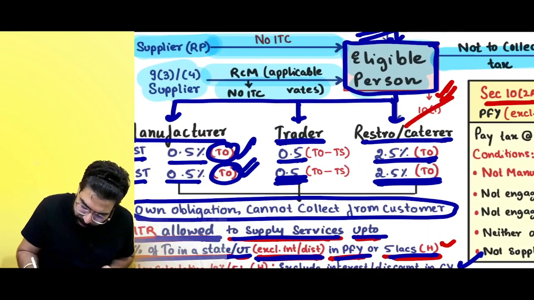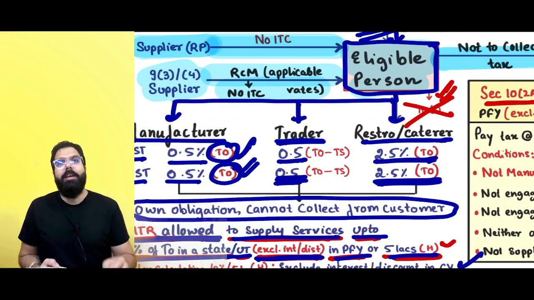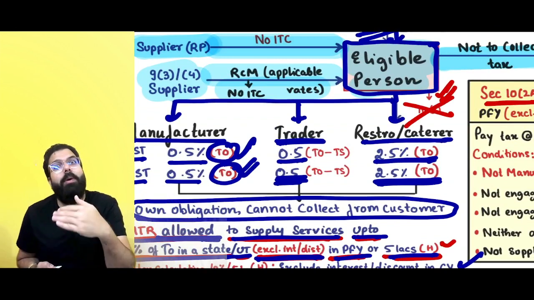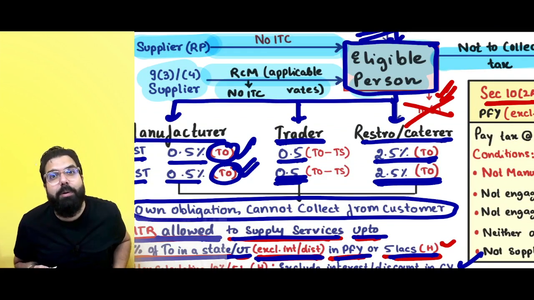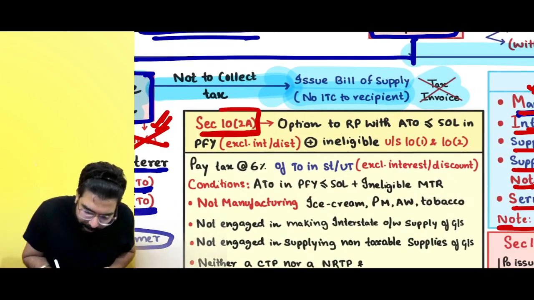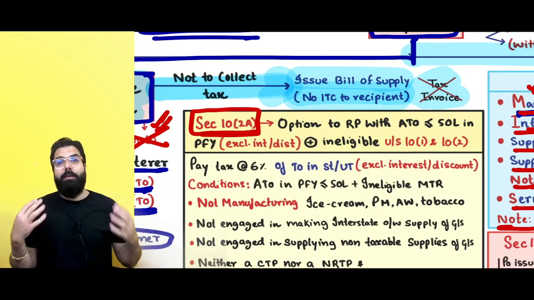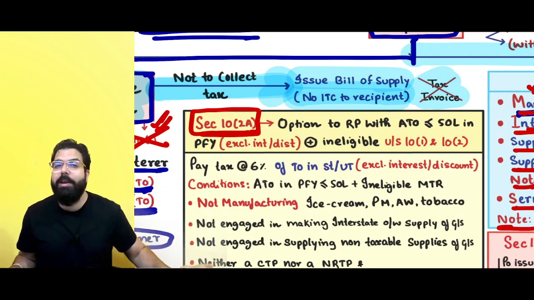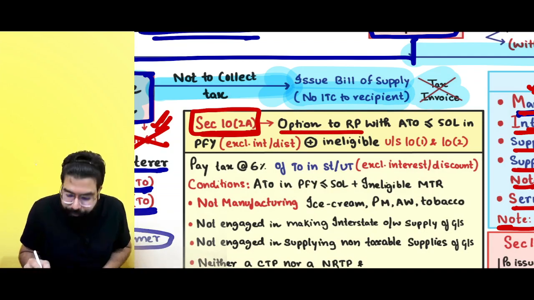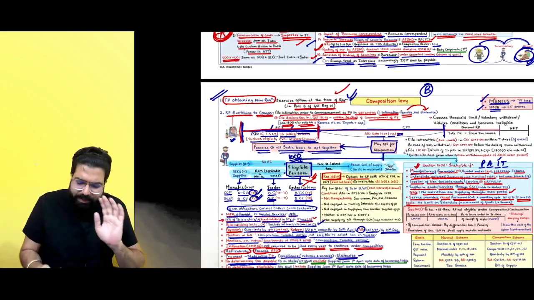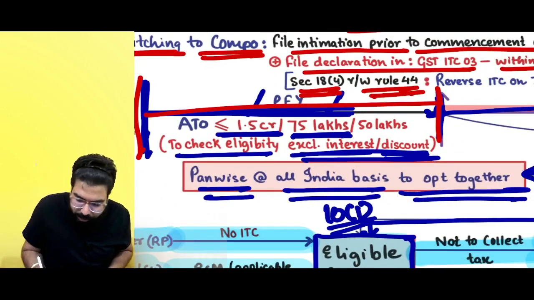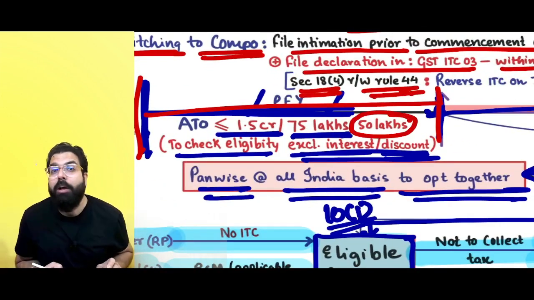So if you are a person who is not eligible under section number 10.1, means you are a manufacturer, trader or restaurant wala, but might be you would have provided more services than that 10% or 5 lakh, whichever is higher, then government told, for you, we will give you an option of section number 10.2A. For an example, I am a chartered accountant. For me also section number 10.2A is open, and it says I have an option. Everything remains same, but you have to see if your turnover in the preceding financial year was 50 lakh. So 50 lakh in which state?